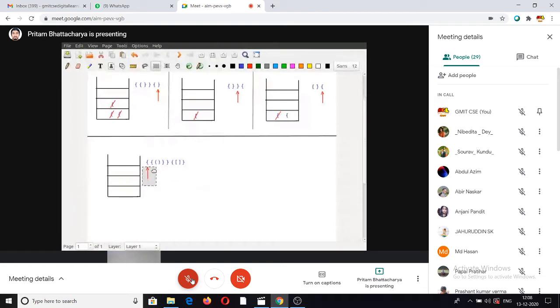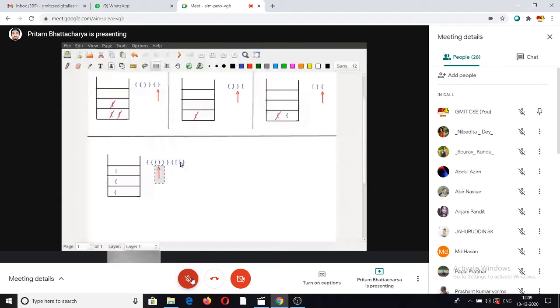So initially you see an opening brace and you push it in, then again you see another opening brace, you push it in, and after pushing these two, my arrow has reached the first bracket. Now it's the same idea. Whenever you see any type of opening parenthesis, you just push it in. So in this part there's no change. But now when you see a closing parenthesis, you have to be a little more careful.